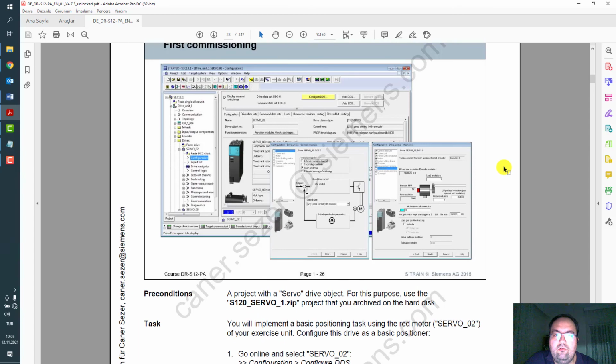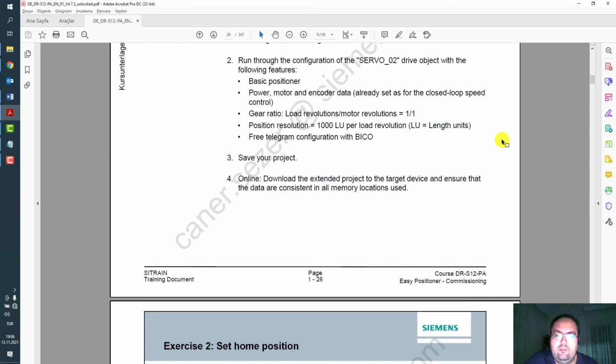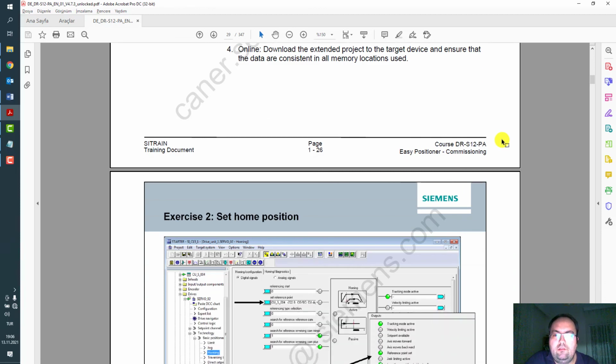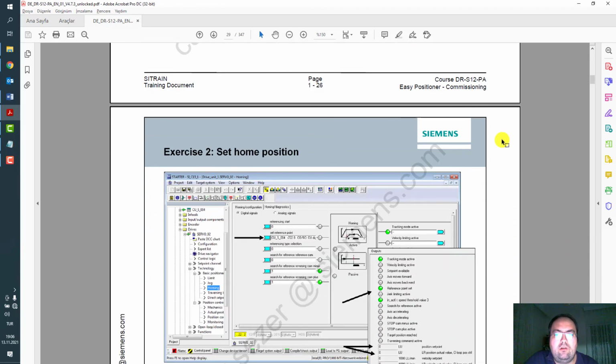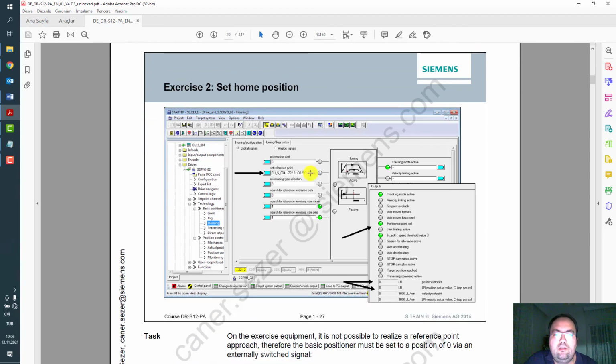You need to go online and download your project into control unit, and you have to set up your hardware and connect the DRIVE-CLiQ cables and turn the motor and so on.